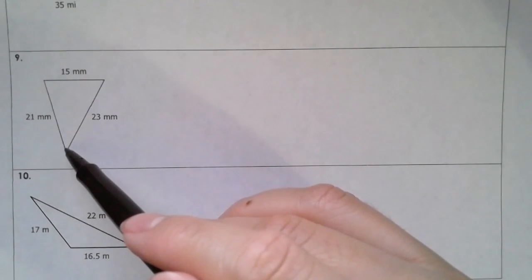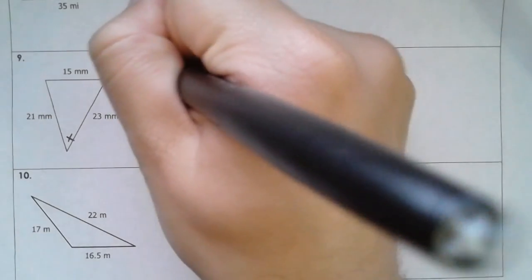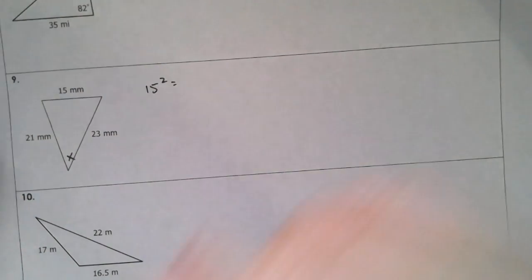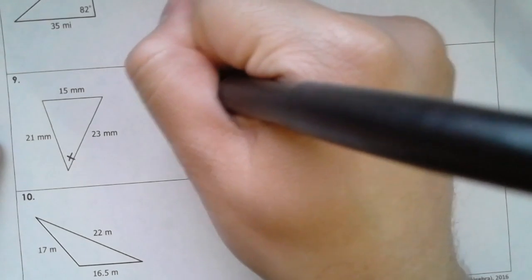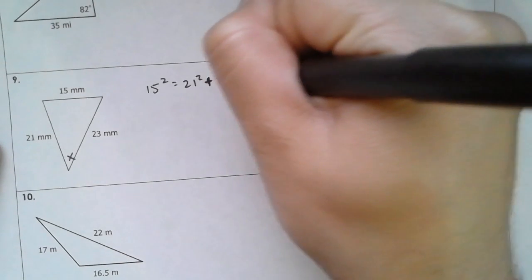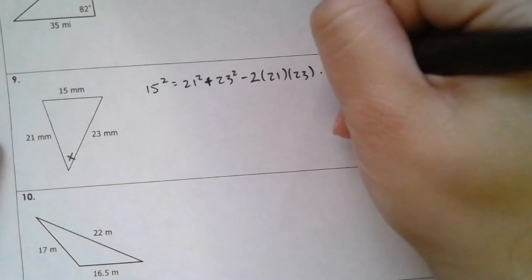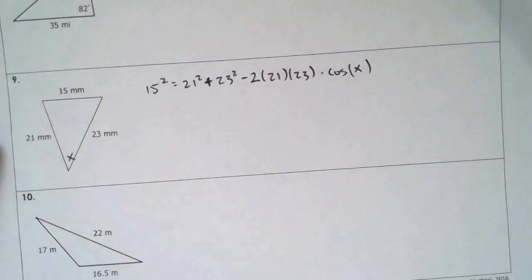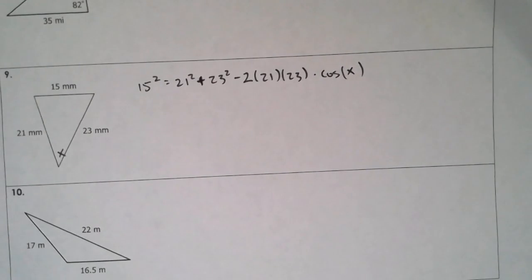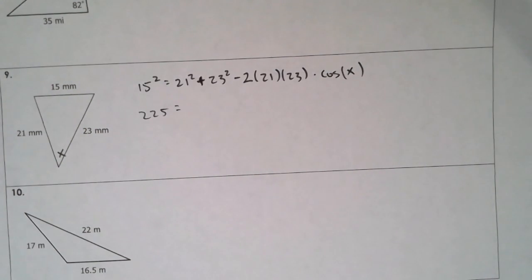Okay, so if I'm trying to find this angle here, x, then I have 15 squared, law of cosines, right? 15 squared is equal to 21 squared plus 23 squared minus 2 times 21 times 23 times the cosine of x. I'm going to need to take inverse cosine at the end. So 15 squared, 225. 21 squared plus 23 squared, do that in your calculators. You get 970